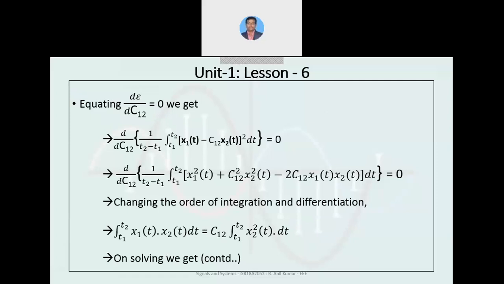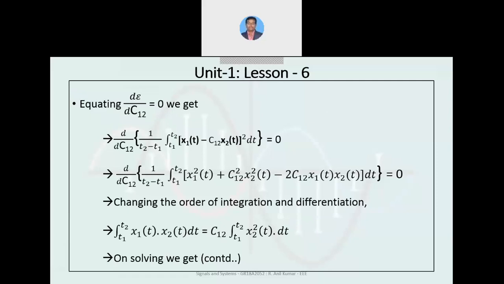So on equating the expression of mean square error epsilon, differentiating with respect to C12 and equating to 0, we get the expression as you can see from the slide. After expanding the expression, as it is a squared error, by changing the order of integration and differentiation, that is, by taking the differentiation inside the integration, we can relate the expression as